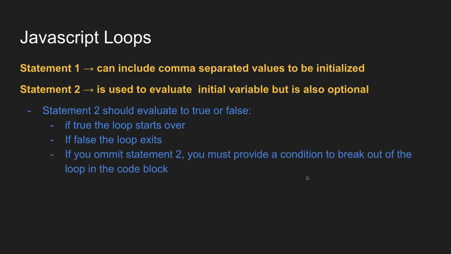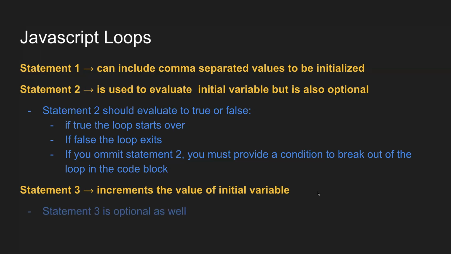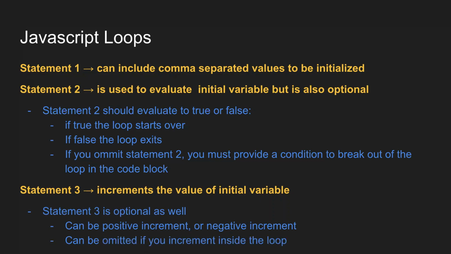If you omit statement 2, you must provide a condition to break out of the loop. And you do that by using the break statement that we talked about with the switch condition. Statement 3 is going to increment the value of the initial variable. Statement 3 is also optional. This means that you have to provide an incrementer somewhere in the code. This could be positive, it could be negative, it could be any number of things. Okay,